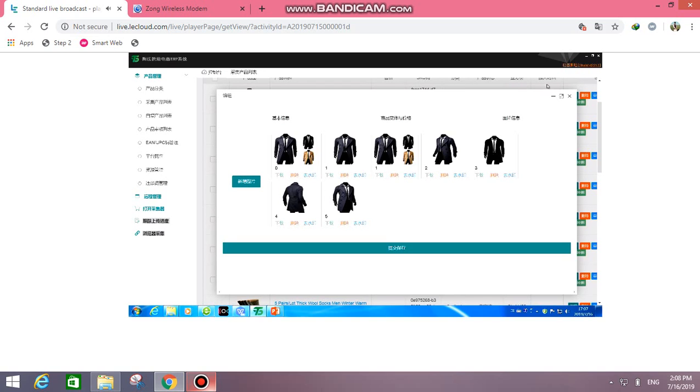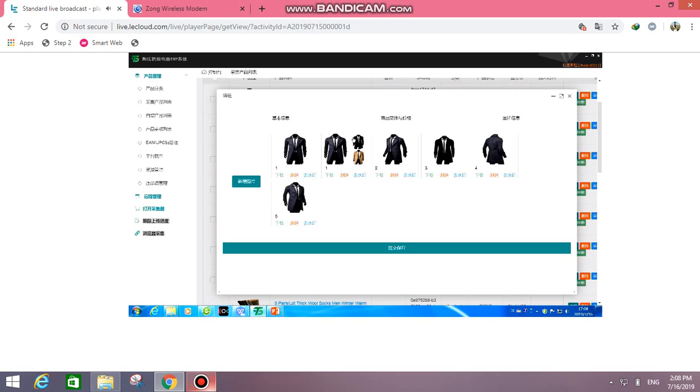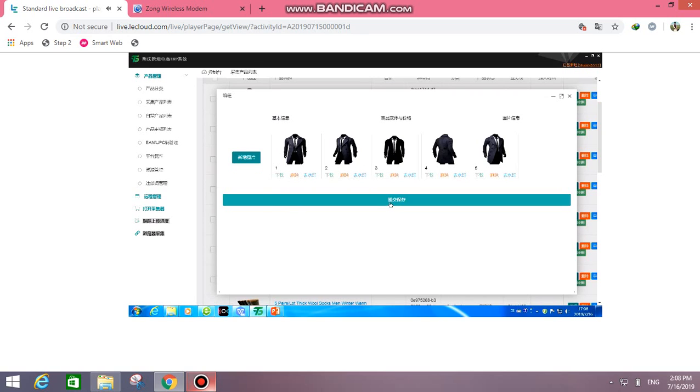If you delete some pictures, how would it appear? Let me delete some pictures from this product. I will delete all these pictures with this one. Delete. The middle one is the delete button. Delete it, and again I will delete this also. I deleted them, and when I save them,